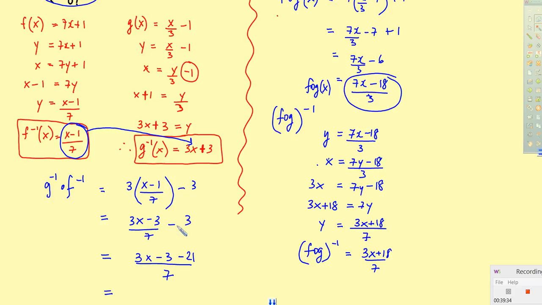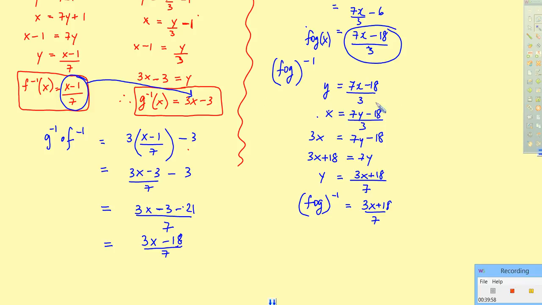And there should be a plus 3 here, a plus 3 there, and a plus 3 there. And now, when I simplify all of that, it goes to 3x minus 18 over 7. And there's still an issue because,